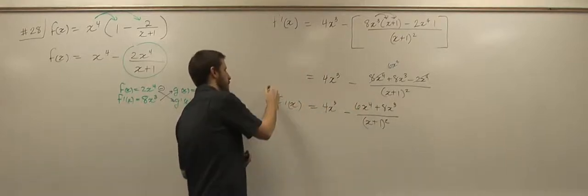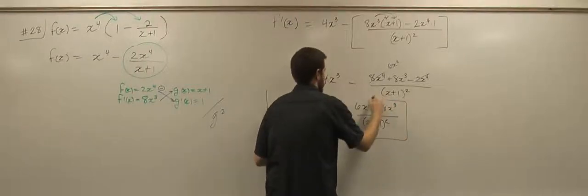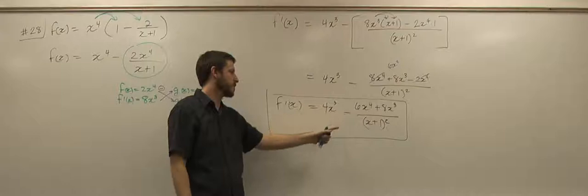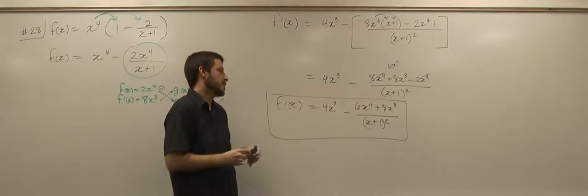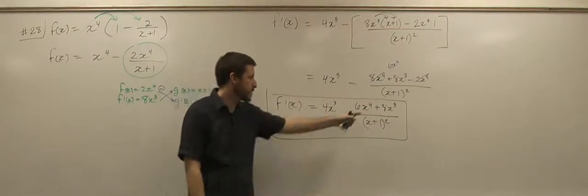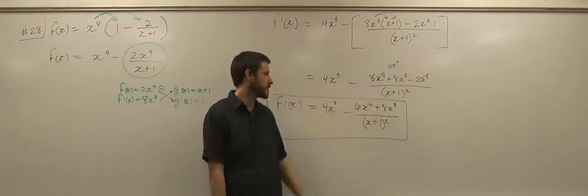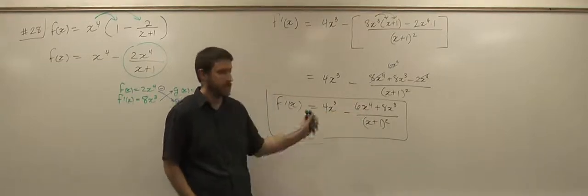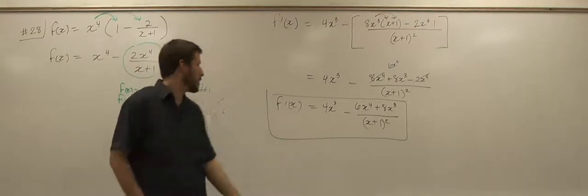This is one answer. You could get a common denominator by multiplying by x plus 1 squared over x plus 1 squared, I guess. You could factor out an x cubed here, 2x cubed. There's a bunch of things you could do algebraically, but this is